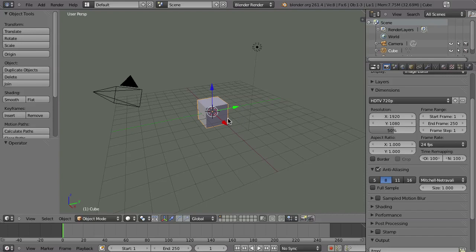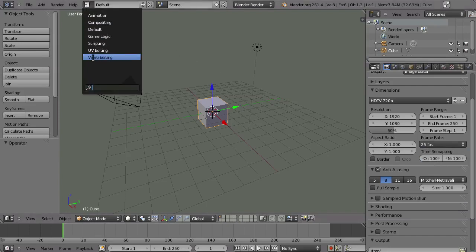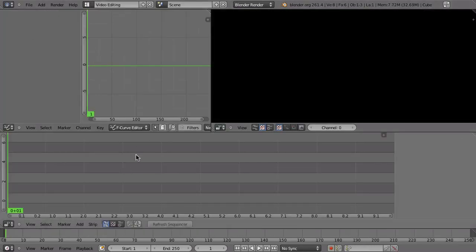Before, for that composite output, we had just rendered an image sequence, and in that case it is not that important to have the correct frame rate. But as soon as you're dealing with actual video files, then you have to take care of the frame rate. So set this to 25 frames per second. Then you can go to the video sequence editor and load the original file. So here in the video sequence editor, in this area, we can add the movie, again by hitting Shift A, and then add movie.